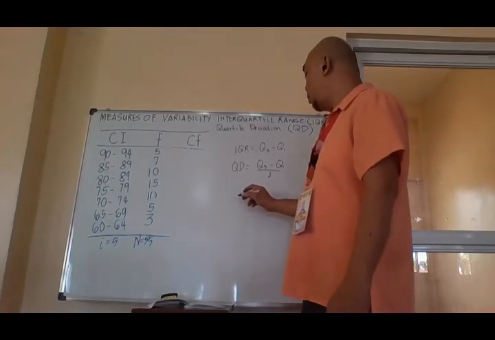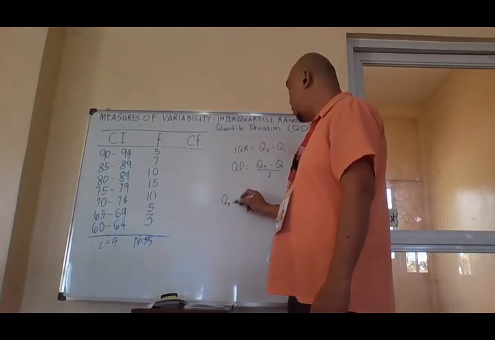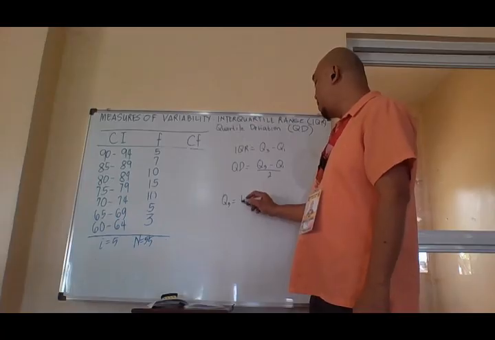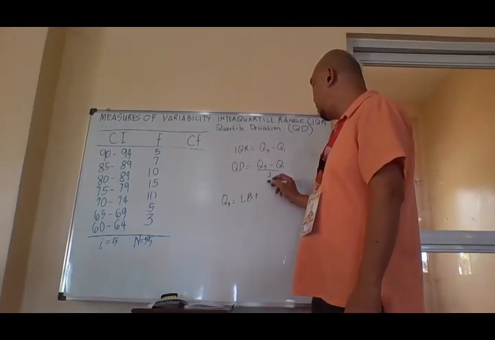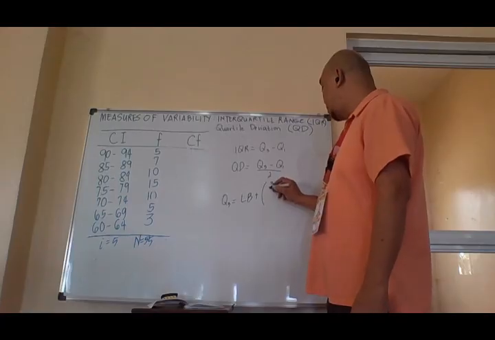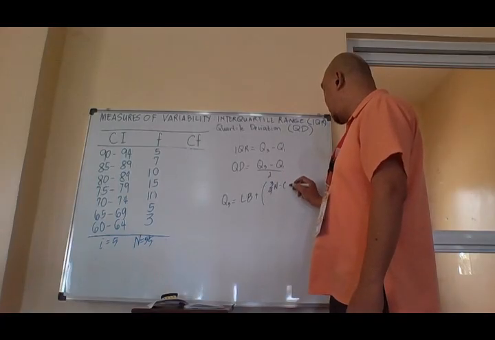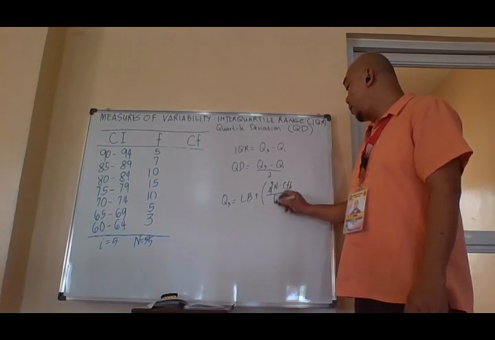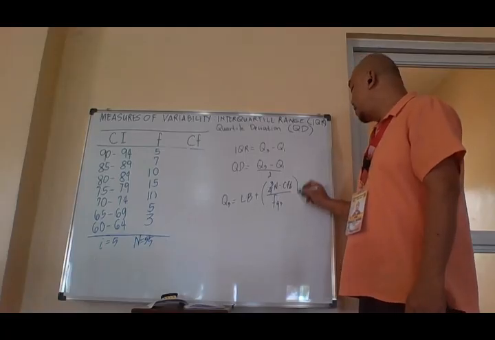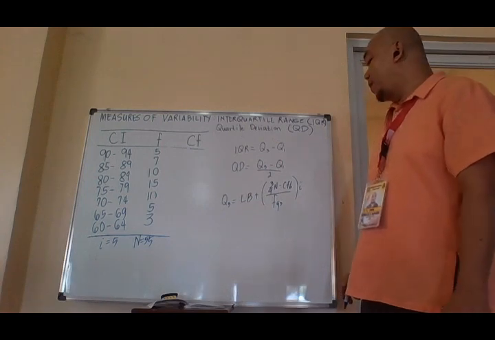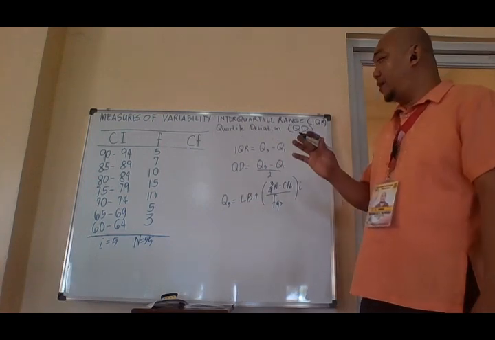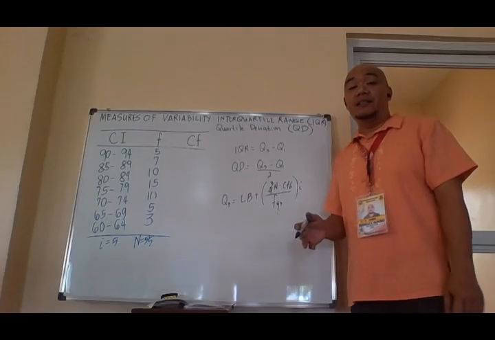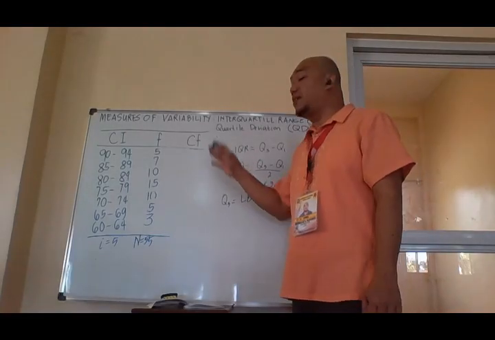So we have to compute Q3. But what is Q3? What is the formula for Q3? We have Q3 equals lower boundary plus 3/4 of n minus cumulative frequency before the third quartile class divided by frequency of the third quartile class times I. Okay, we are going to find now the third quartile class, and we have to construct first the cumulative